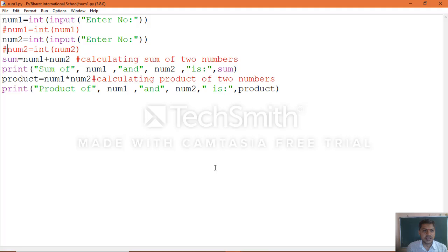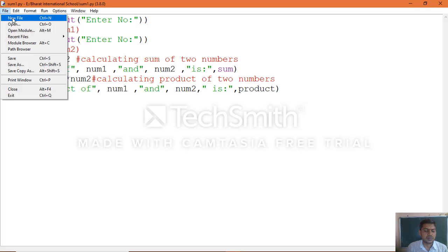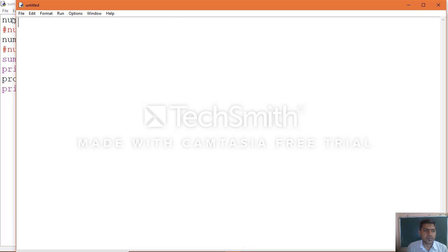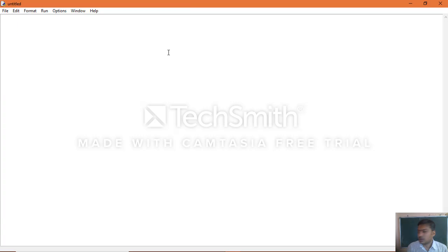Now there is another example given in the textbook. A student has to travel a distance of 450 kilometers by car at a certain average speed. Write a Python script to find the total time taken to cover the distance.